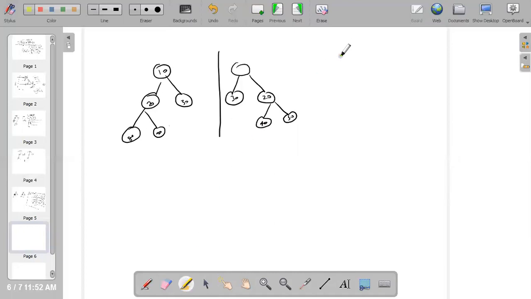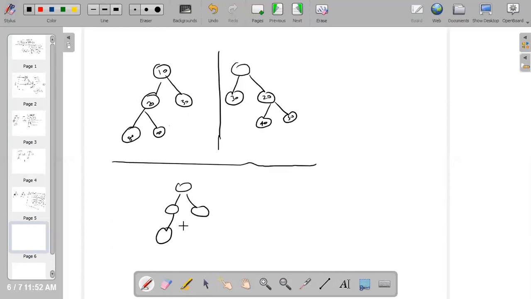Okay. In the previous case, we had two trees. You had to identify all the nodes are equal or not. Both the trees are equal or not. But now the problem is you need to identify whether one tree is mirror image of another tree or not. The second problem is you have one tree. Okay. You have one tree like this, and you need to generate mirror image of this tree.